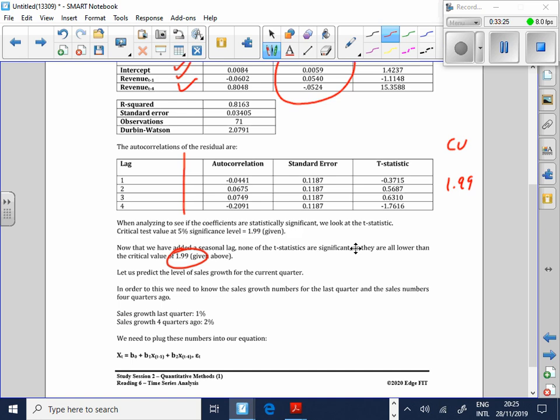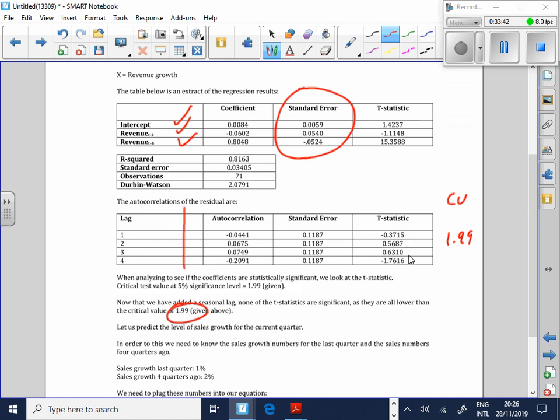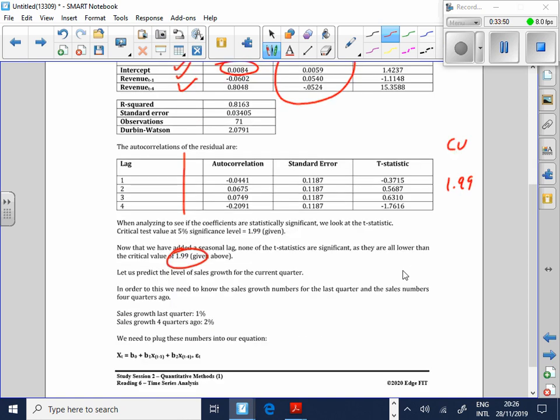Just very briefly, I don't want to waste your time on this because I know you know how to do this, guys. What if I wanted to work out what my current period sales are going to be? What do I do? B0 I've got, haven't I? B0, where? Just show me over here, guys. Where would I get B0 from? What is B0? Happy with that one? That's my B0. My B1 and B2 I've got.